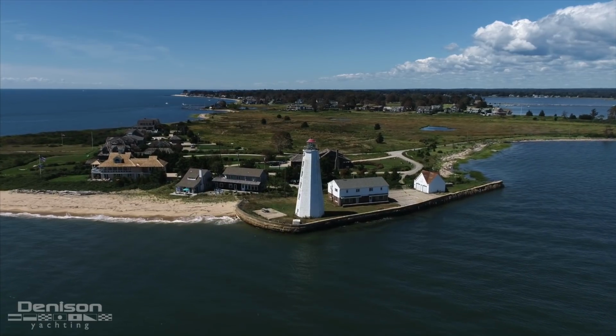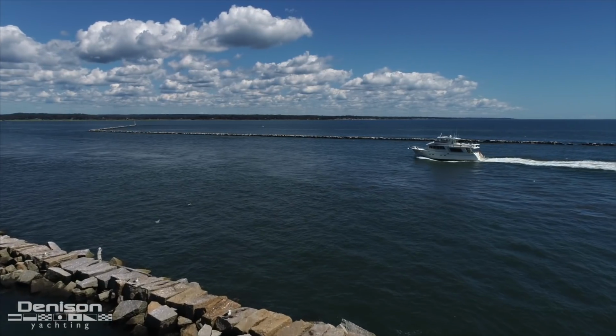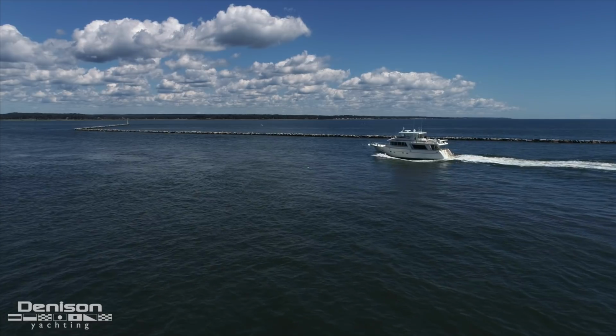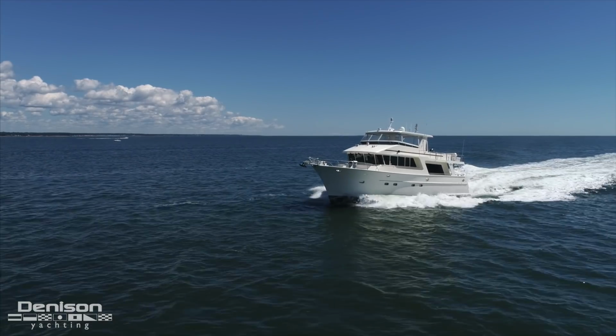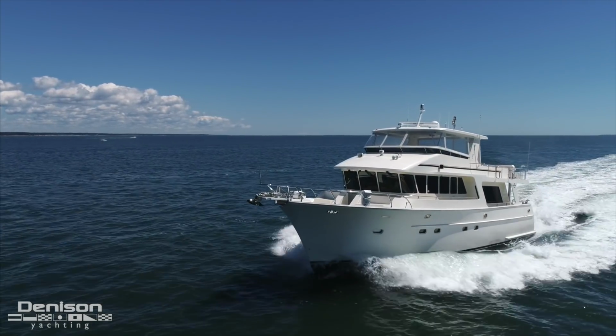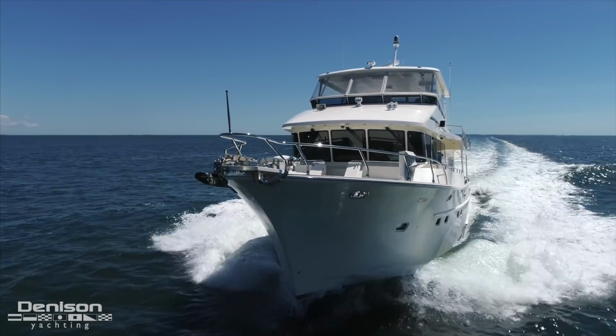We are Denison Yachting, and today we're excited to show you motor yacht FEURYUS, a 65-foot Hampton built in 2009. This yacht is listed centrally with Nichol, based in our Palm Beach offices. With around $300,000 in upgrades, this 65 has an owner that has spared no expense in keeping her in turnkey